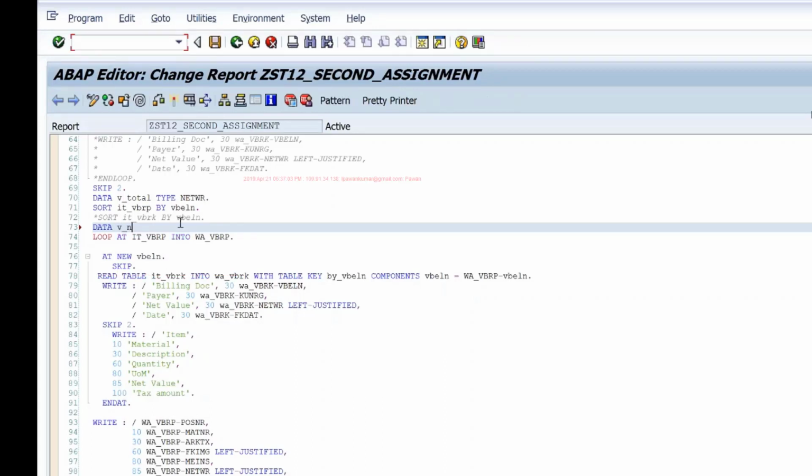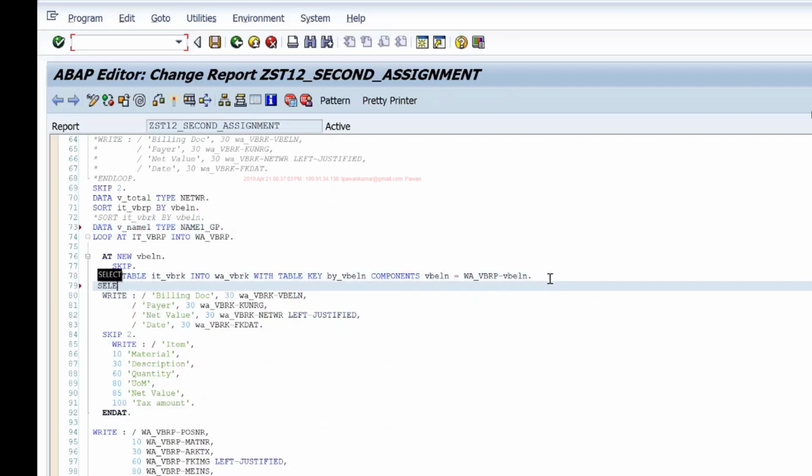data v_name1 type this, and I can write a select here. Select single name1 from KNA1 into v_name1,